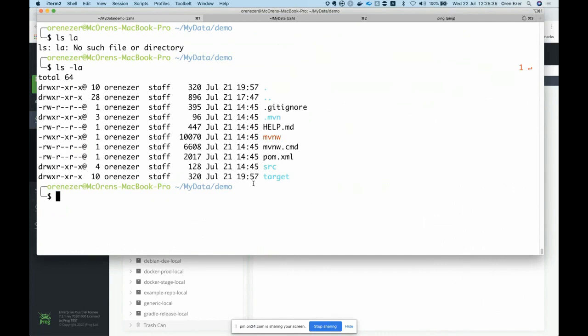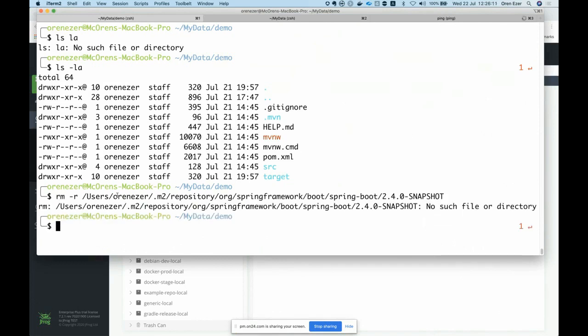You can see that it is just a simple Spring Boot application that I've generated using the Spring Boot initializer. And I will remove it from my M2 cache, which is the Maven cache for different packages. So once it is removed,